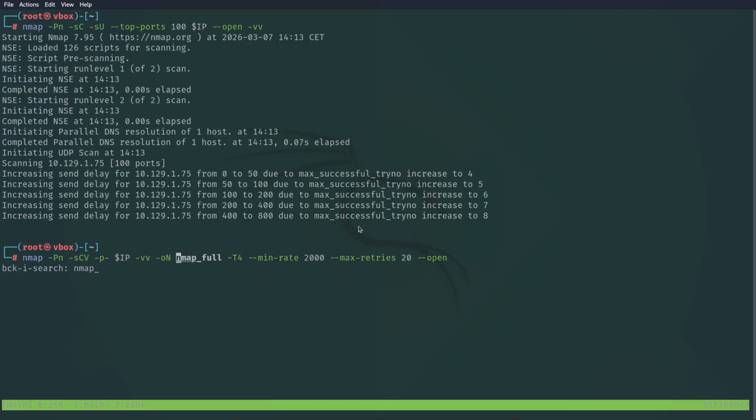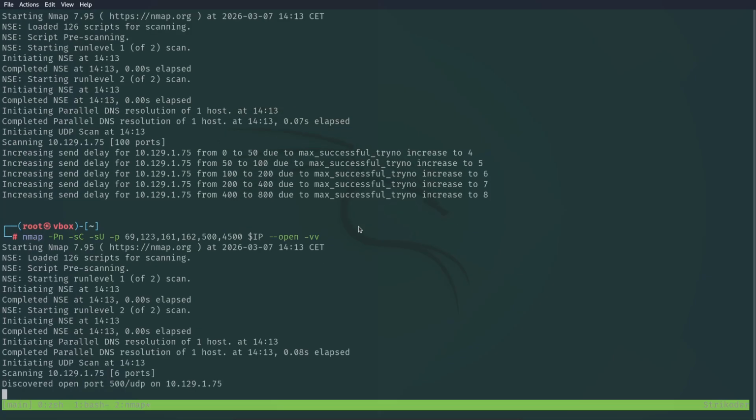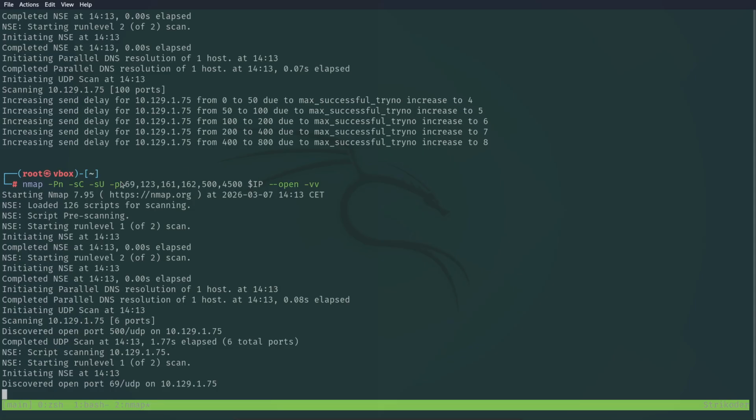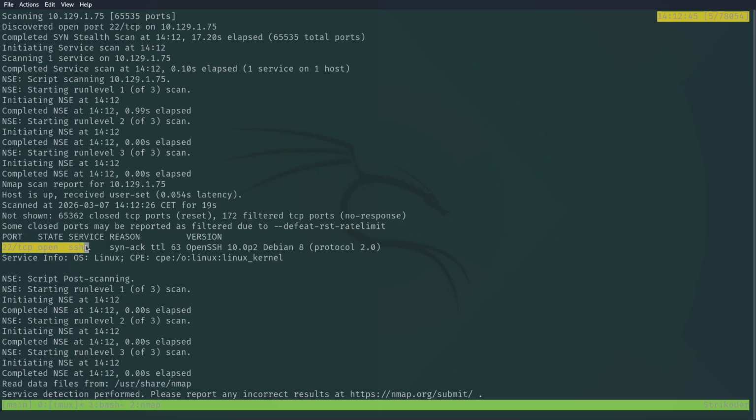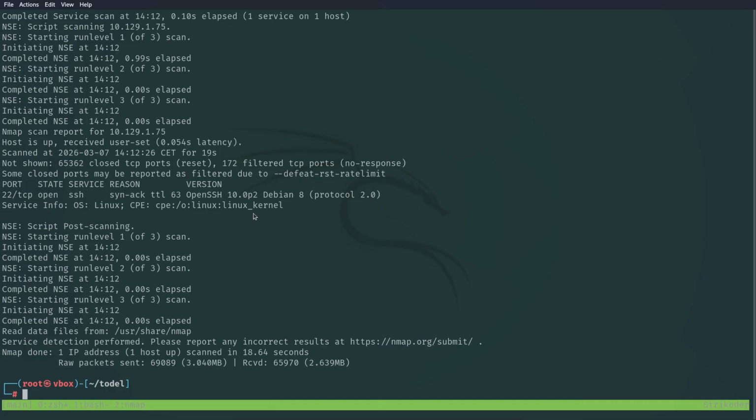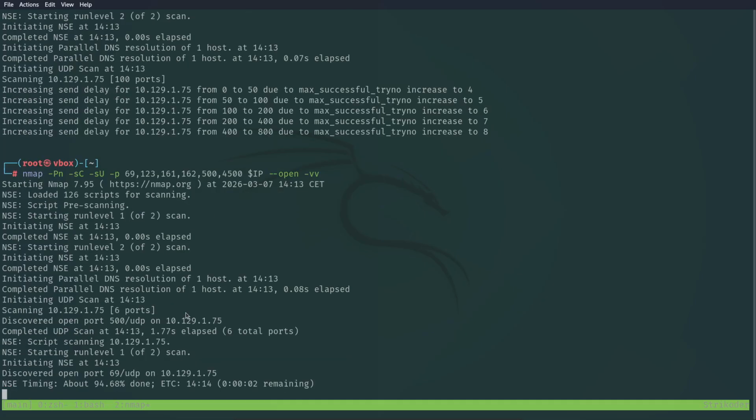try my casual Nmap for the UDP ports. So these are the most UDP ports that you will need for OSCP or CPTS. I'm going to let them run and check the TCP. So TCP has only SSH, and most of the time, 99%, we will not be able to brute force that. So I'm going to keep that in mind that I have SSH. Maybe I'm going to get access to the user through the SSH. And here we see